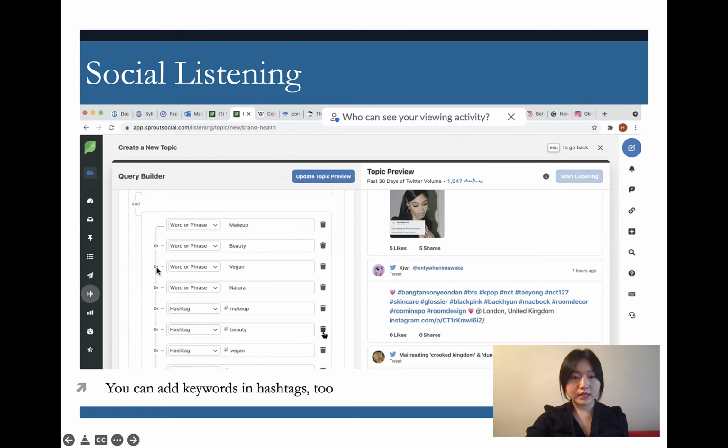They're all connected with the OR function here, not AND. And I only used AND here at the top to connect it with the anchor keywords. So makeup, beauty, vegan, natural, hashtag makeup, hashtag beauty, hashtag vegan. You can add keywords and hashtags too. So if you find any keywords from reading their social media platforms, you can include them all here.